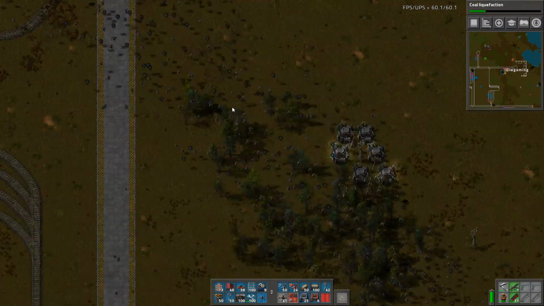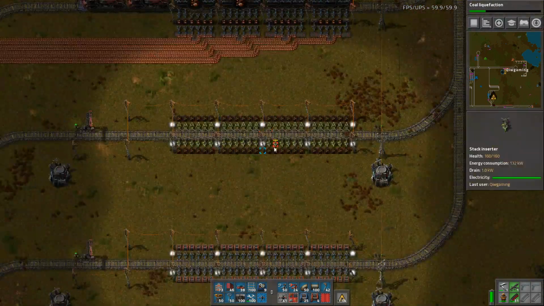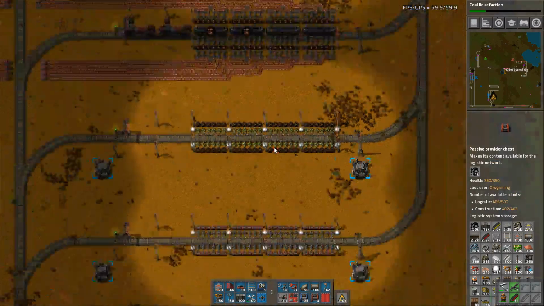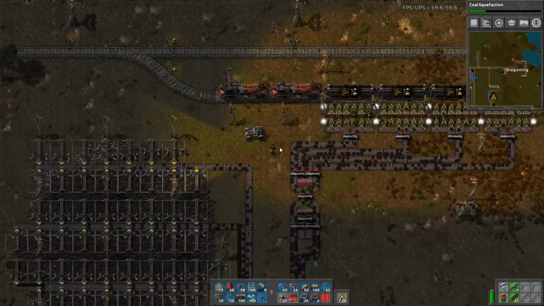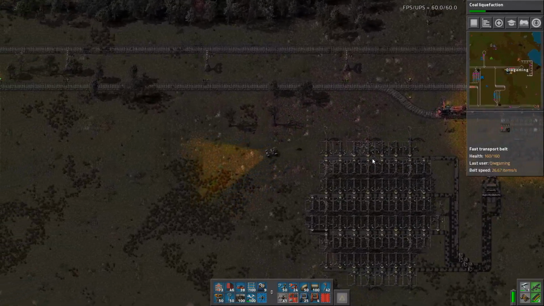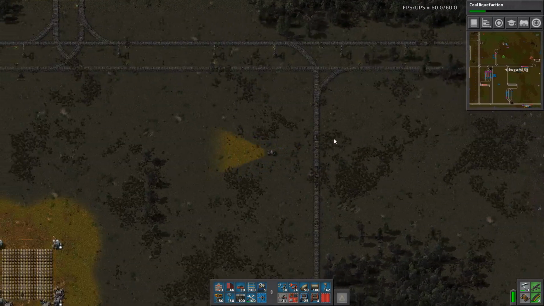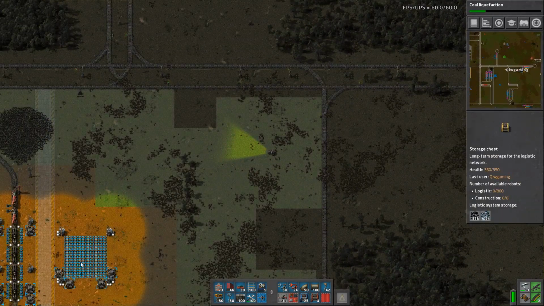Well, we are running out of coal here, too. Not even sure why we're running out of coal. We have 50,000 over here in this network. I think we'll just leave this station as it is right now, because the amount of coal that it is